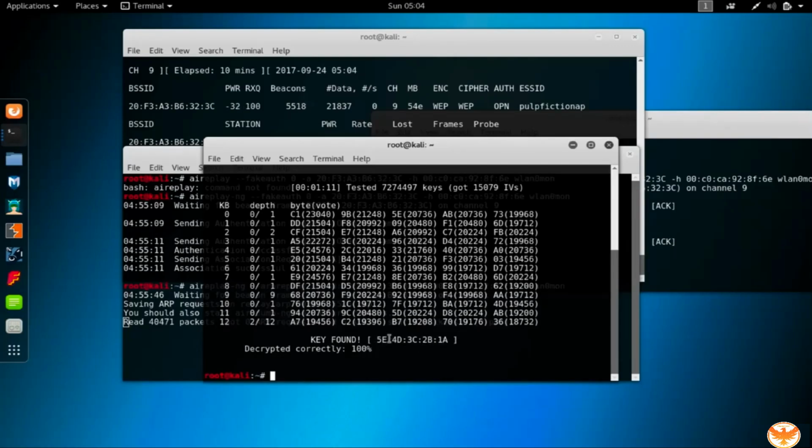Now I can just remove the colons here and use this as a password to connect to the WEP encrypted Wi-Fi network. And now, at this point, we are done with WEP encryption. We learned the details of WEP encryption and how to decrypt it. Now we're going to stop here, and from now on, we're going to focus on